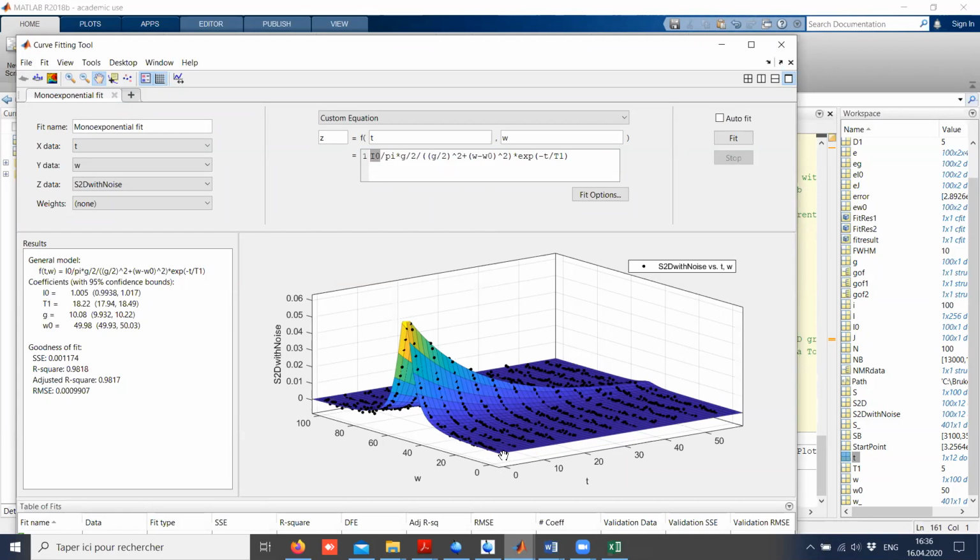If I had fitted all the spectra one by one and then fitted I0, I would have 3 parameters per spectrum. I have something like 10 spectra, so it's 10 times 3, so 30 plus T1. So it would be 31 parameters,